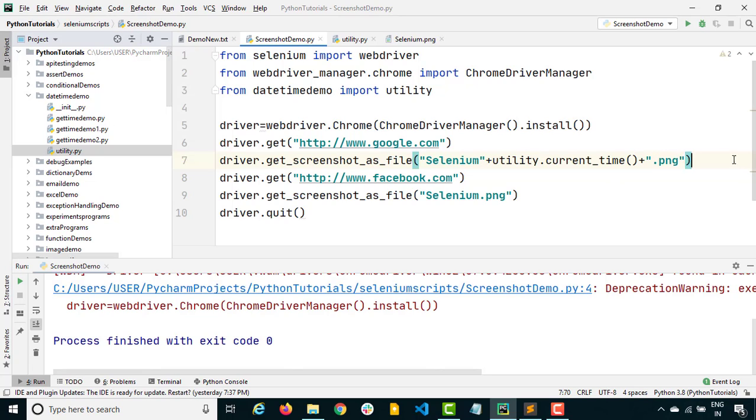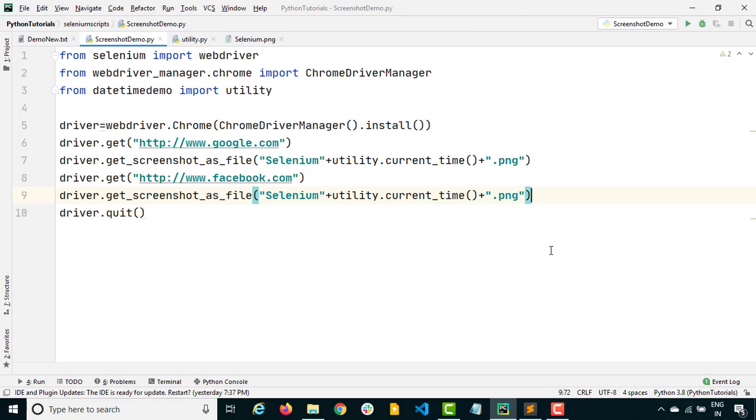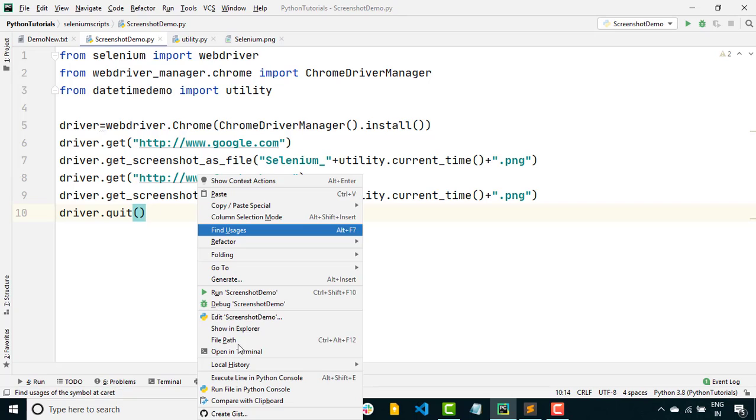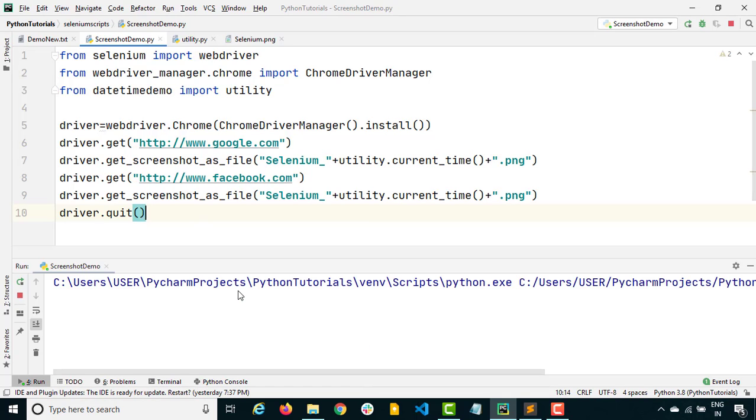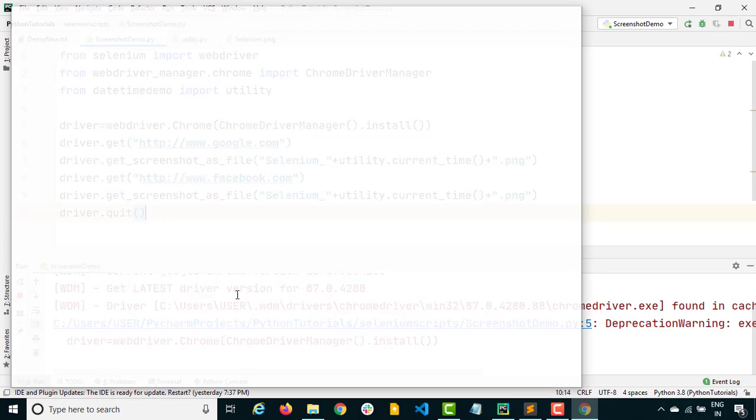Okay, same thing I will do here. I will just copy paste so that we can save some time, and here we go. So what it will do, let me give an underscore so that we have something as a separator. So Selenium underscore, then we'll get date and time, and then ending with .png. Same thing goes here. Let's run it and see how it is capturing two different screenshots with two different